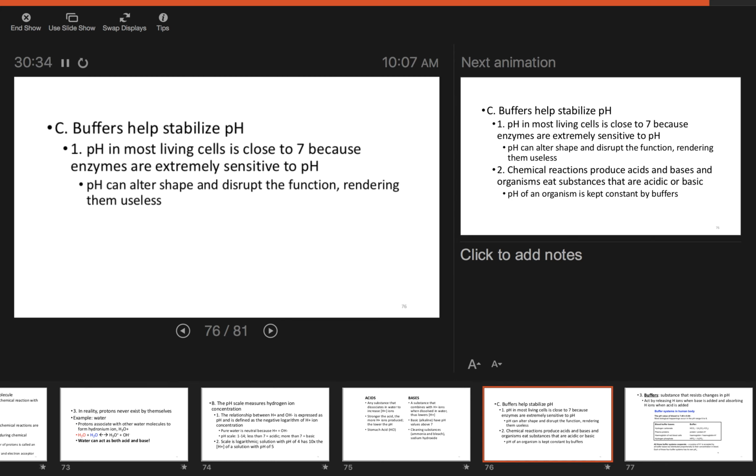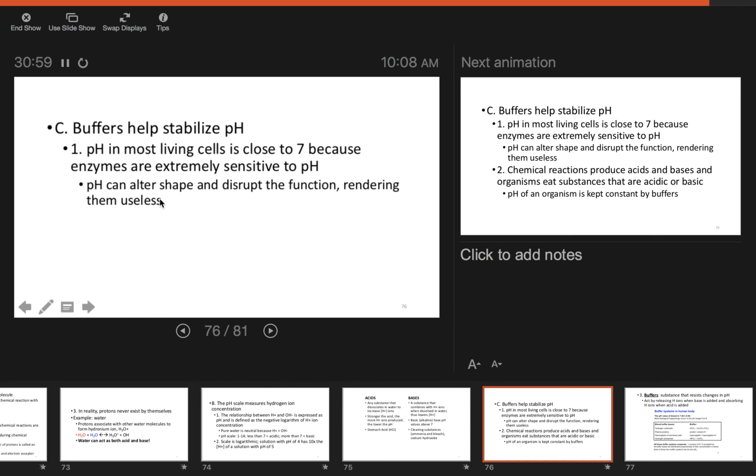And so the pH in most living cells wants to stay as close to 7 as possible because we have a lot of enzymes carrying out these chemical reactions. And if you get too basic or too acidic, these enzymes are just going to get messed up and they're not going to work properly. So we want to keep the level of pH right where it's at so these enzymes can work effectively. pH can alter the shape of these enzymes, and as a result,